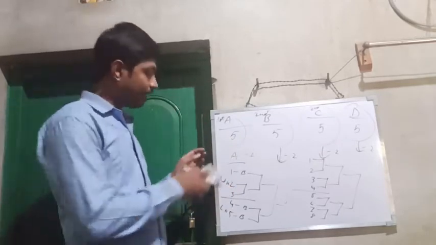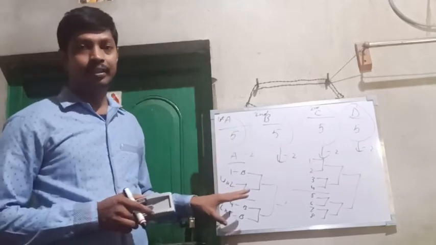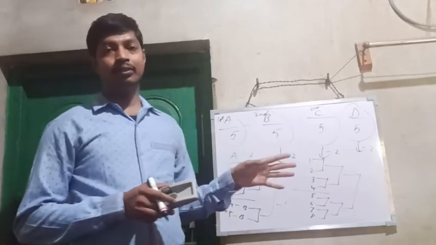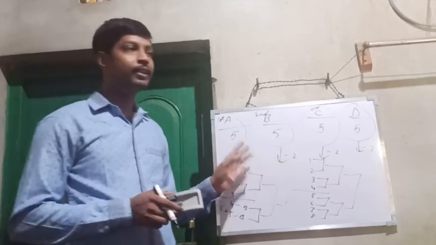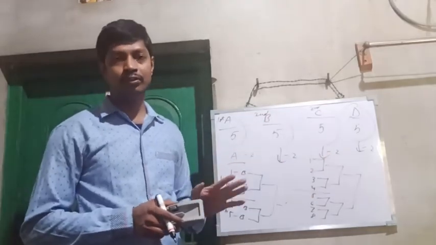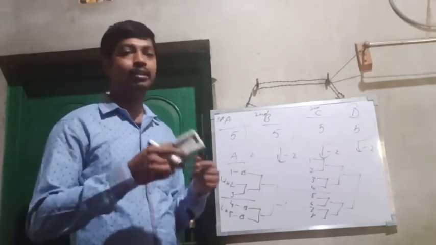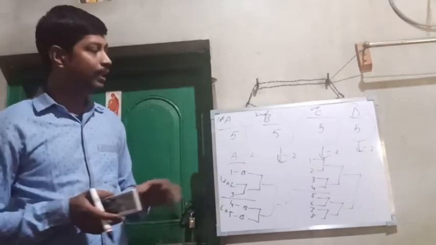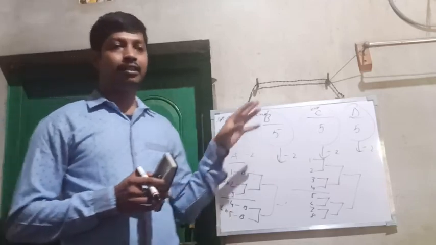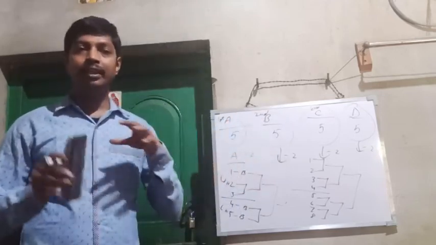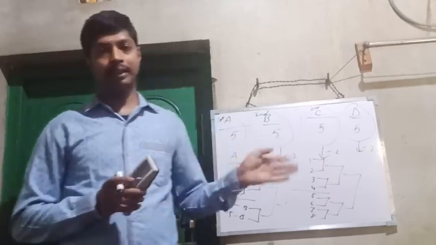League cum knockout: first all the groups will play in league system, then 2 or 1 winner will be decided, or first or second position will be decided, then they will play the last knockout system like this, or they will play a league system like league cum league. Okay, so this is the combination tournament, the 4 types of combination tournament, and how the gap is made between 2 systems was discussed.